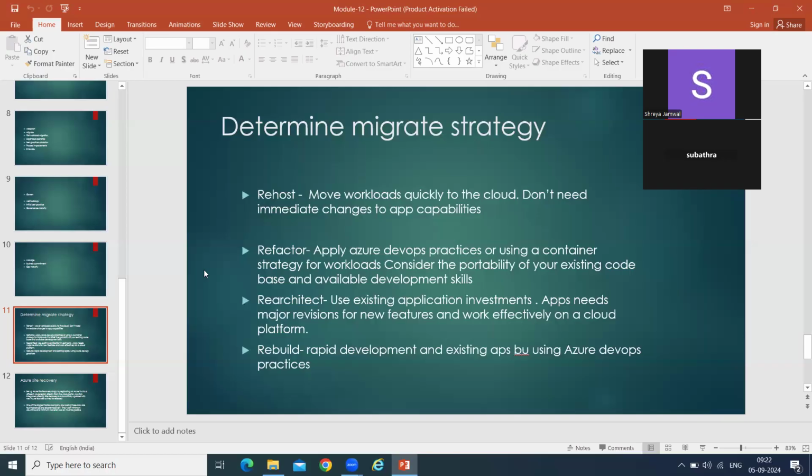We need to understand what functionality is there. Because if you're using a helper class DLL in BizTalk, we use .NET helper classes for a lot of things. Like if we want to do encryption, now we don't need to do the same thing in Logic App because we have inbuilt connectors there, right? Why will we write so much code? Instead of writing that, we have to use a connector there.